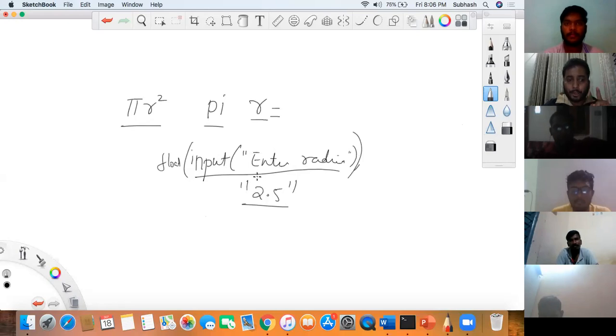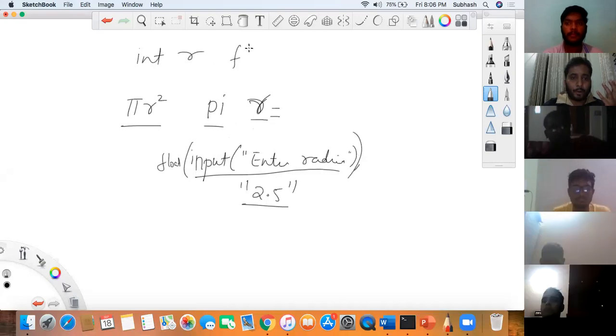If you're coding it in C, you must ask, okay, how do I solve this in C? If you're doing it using Java, then how do I do it using Java? You must start asking questions. Suppose I told you we need a variable. If it was in C language, you would have to define int r or float r or something like that. Same thing in Java also. In Python, data type is not specified, so just say r.